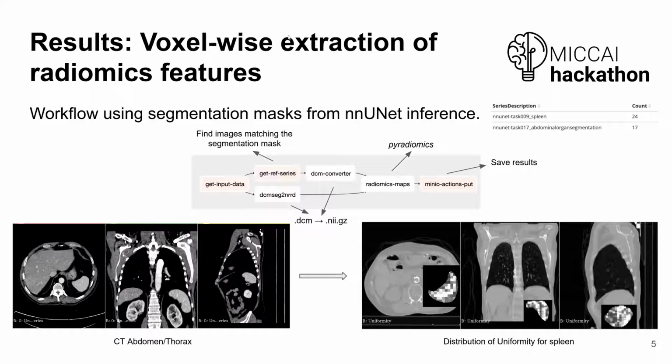So the second algorithm that we deployed on Kaapana was voxel-wise or patch-wise extraction of radiomics features. And for that, we needed segmentation masks, and we used the masks that we got from nnU-Net, from the pre-trained models. And the flow, as you can see in the middle, required the mask and an image